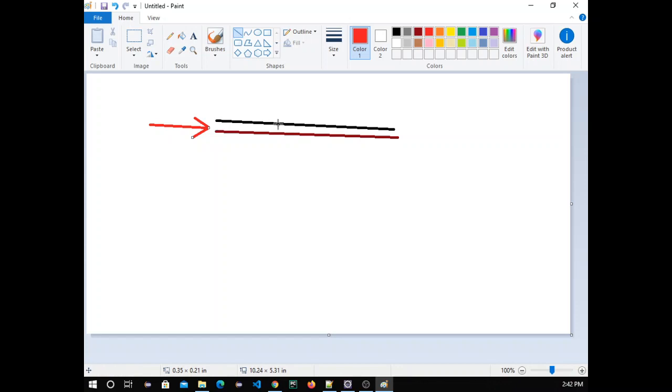This is the way of synchronization, and I will show you in code how it is actually implemented. One thread will enter here, and if one more thread is there, the second thread will wait here and won't come inside. Once the first thread completes its execution, it will come outside of this one.